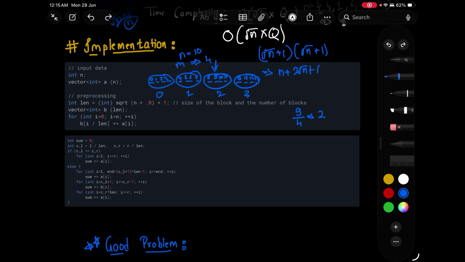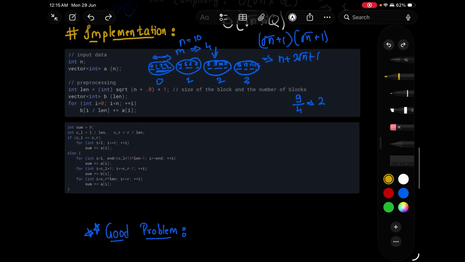So if the starting and end point are on the same block, so let's say from 1 to 3, then we don't do this thing because there is nothing in between that is completely inside. So we just begin from L and go all the way up to R. This is square root of n, right? Otherwise, if it is not, that's why we have done this condition over here. Otherwise, this thing is for the segments that are completely inside